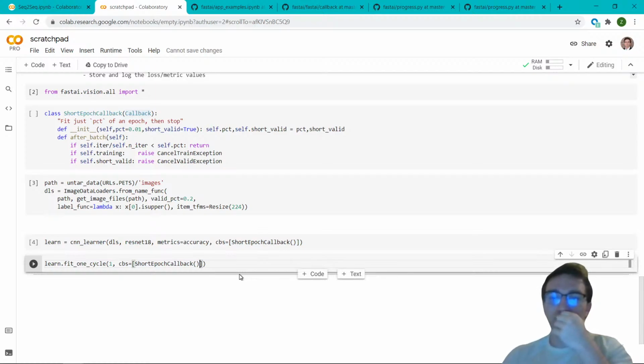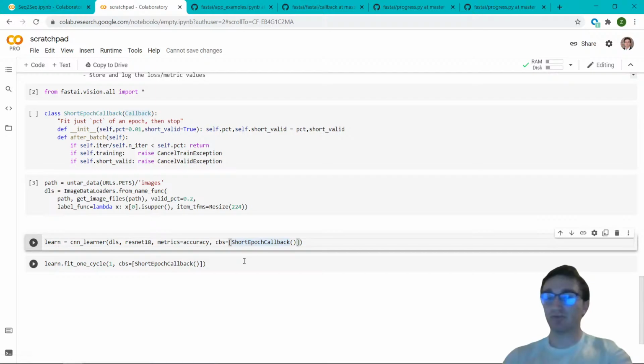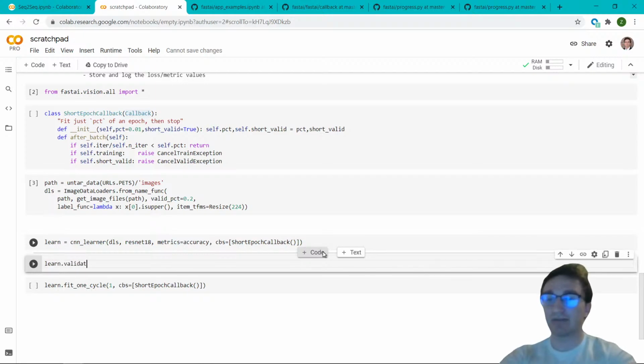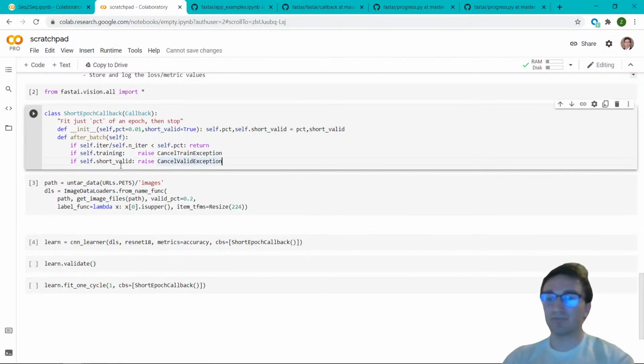Now, in regards to the difference between this and this, when you tie your callback directly to your learner, like this is doing here, this will always be called anytime you do something related to the fit loop. And so what that means is if I were to run this, and I did learn.validate, because we have self.shortValid, I'd only validate on 1% of my data,